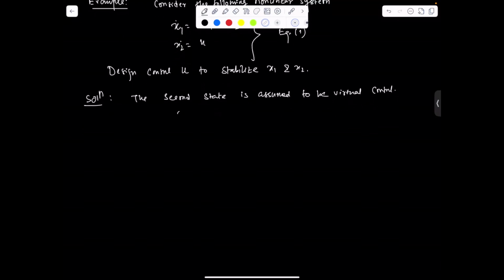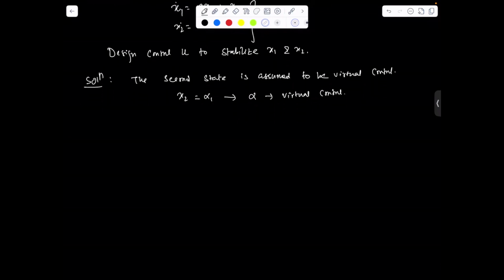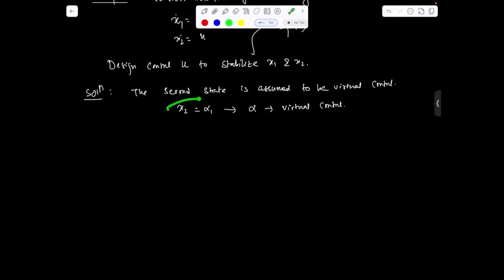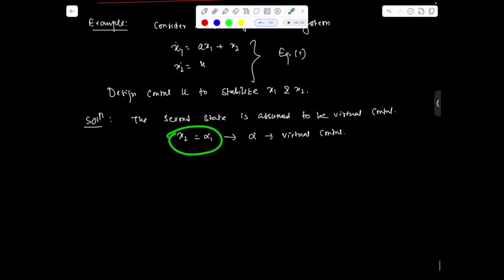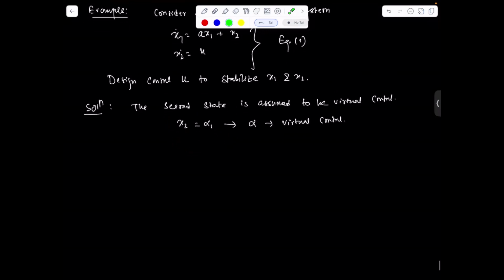So let's assume x2 equal to alpha 1, the virtual control. In this lecture, we'll go a little differently: how we can come up with the error dynamics, and how we can use the error dynamics to improve the stability of the overall system. Considering this virtual control concept, the first subsystem can be written as